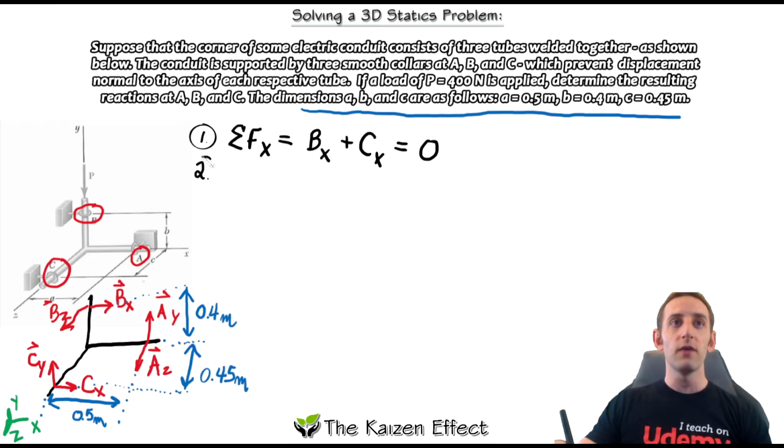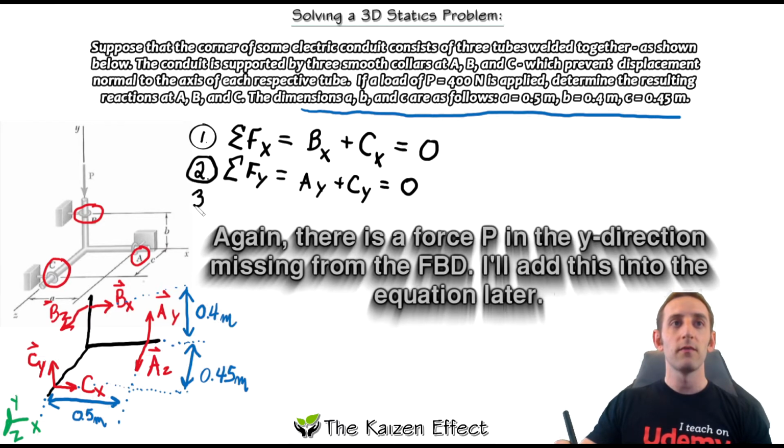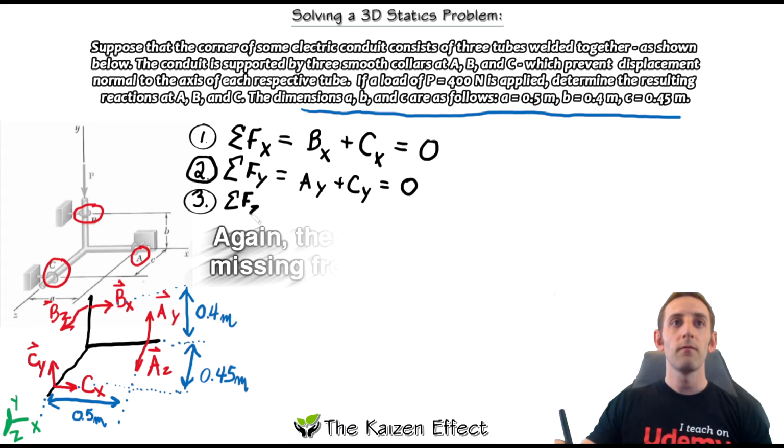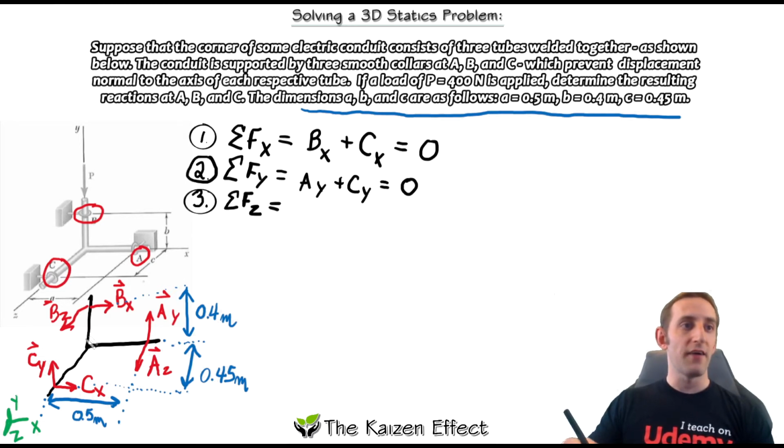And then number 2 is our next one. So next we want to do it in the y-axis. Same exact game we're playing right here. So we look at our diagram, we see Cy and Ay are in the positive direction. So we end up with Ay plus Cy equal to 0. All right, let's keep chugging along. So next, as I already mentioned, we have a sum of the forces in the z direction. And again, we just look at our diagram. The z direction is positive right here. We see we have an Az and a Bz. So we get Az plus Bz